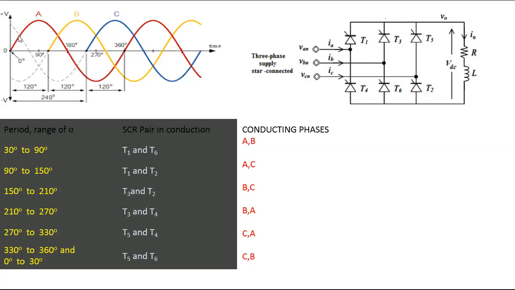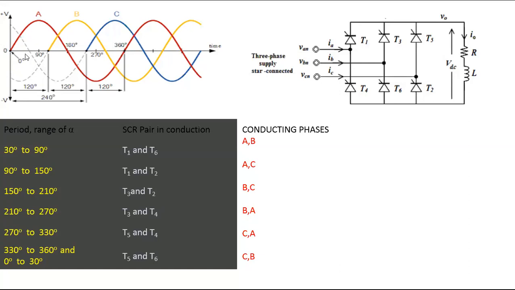I hope this is the most important competitive exam question. Why not alpha 29? So you must draw this three-phase supply and show this intersection exactly at alpha equal to 30 degrees only. We can apply the firing pulse there. So what happens when the input supply is from 30 to 90?